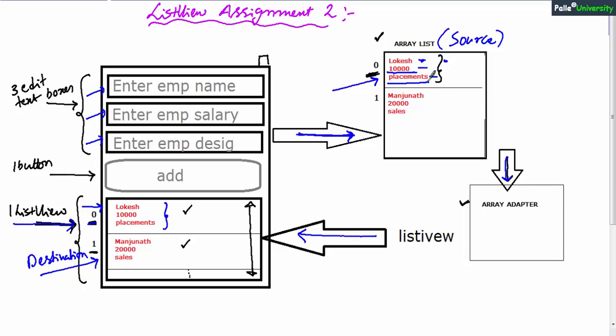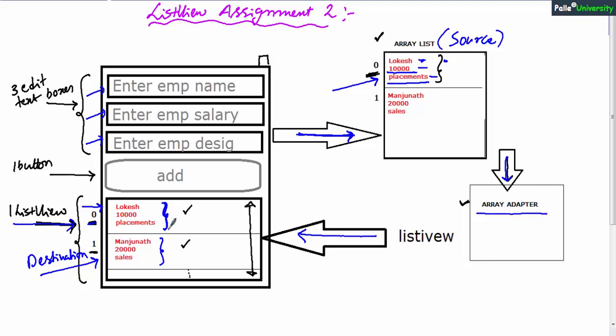It is a Studio based assignment. I want to emphasize one last point for this assignment. If you observe, each row in your list view is displaying text in red color. So while creating the array adapter, if you pass the second parameter as android.R.layout.simple_list_item_1, in that case this text will appear in gray color.